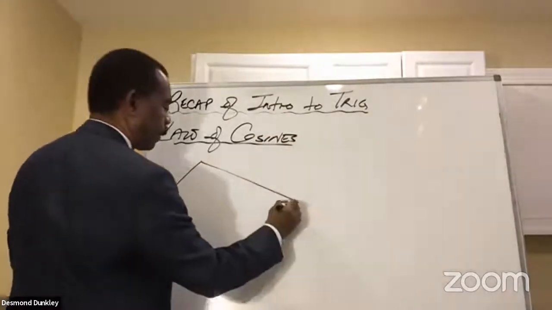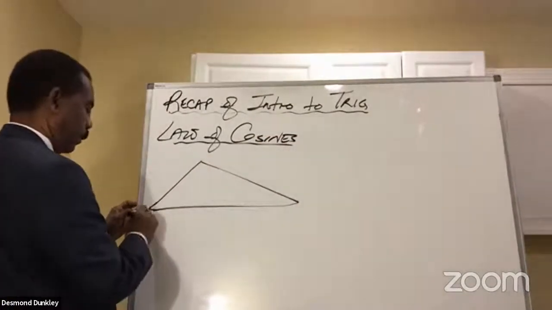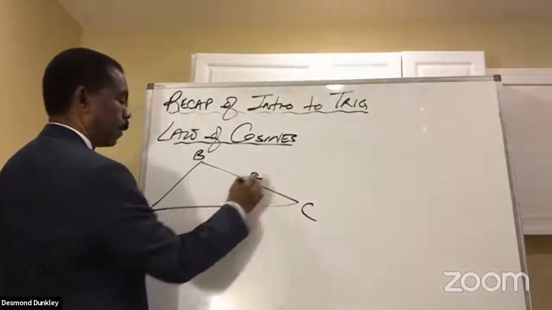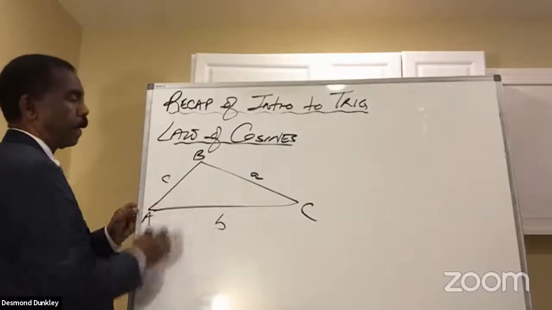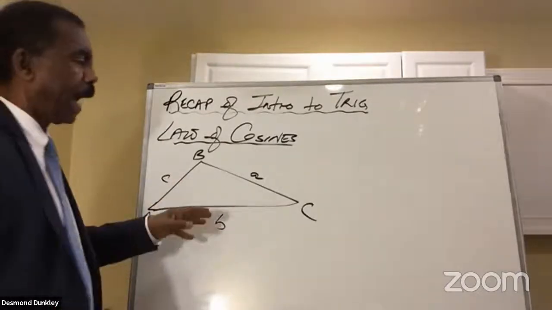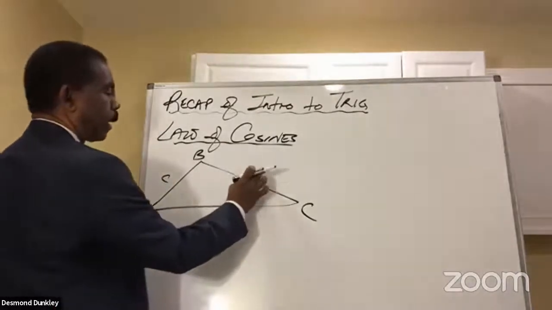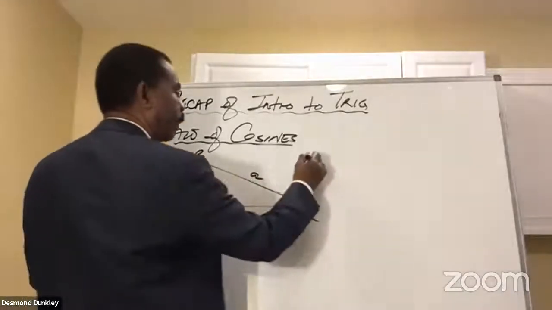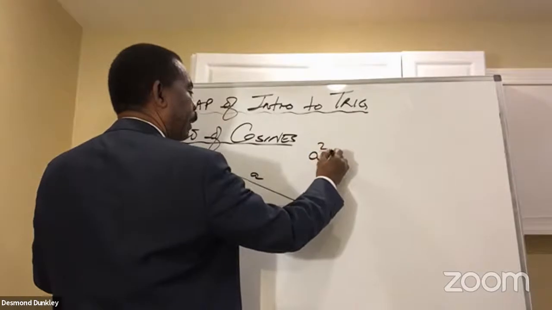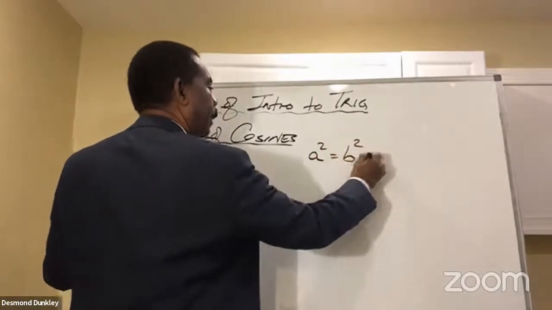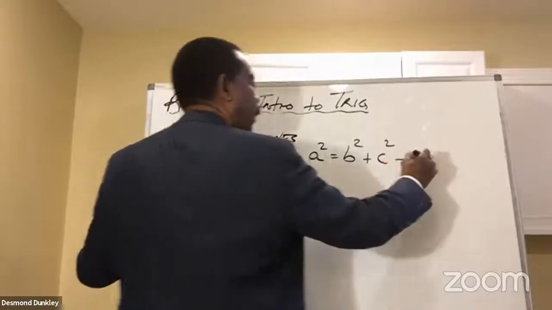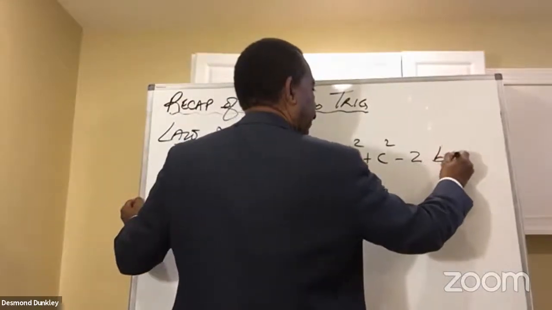It says that if you're given a triangle A, B, C, then you could write, this gives you a method to find a missing side or a missing angle. So you could have a squared equal to b squared plus c squared minus 2bc cosine